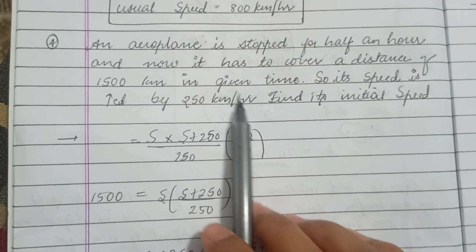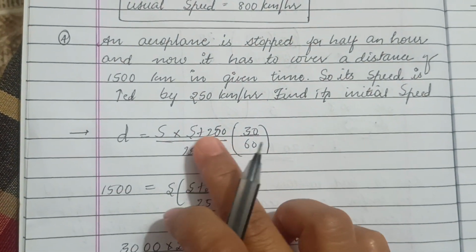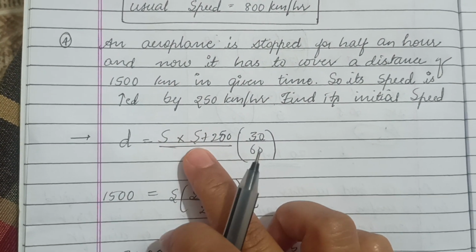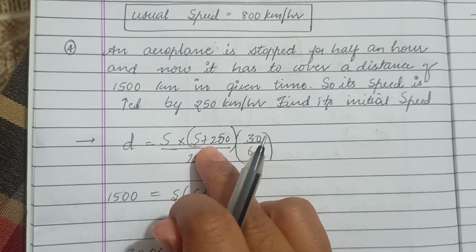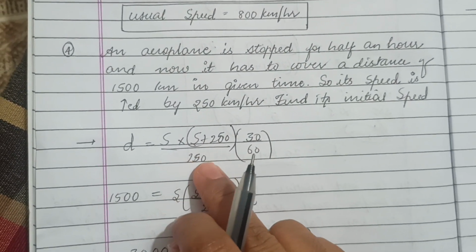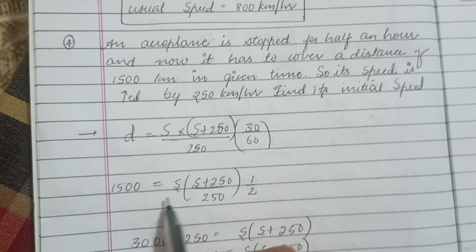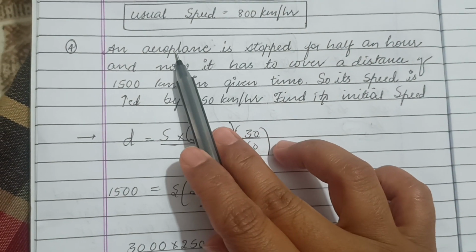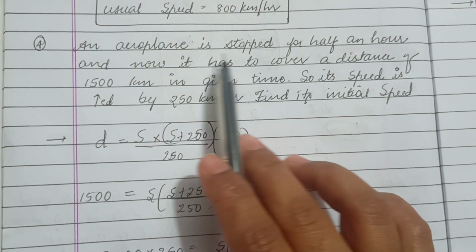Okay, so this problem also we can solve with the help of the formula, that is D is equal to S1 into S2, the second speed, divided by the difference in speed, into the difference in time. So here we know that the distance the aeroplane needs to cover will be 1500 only, and the first speed